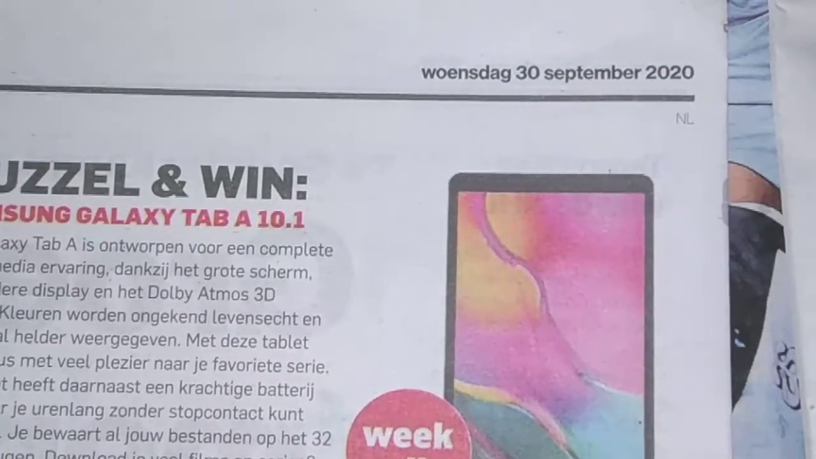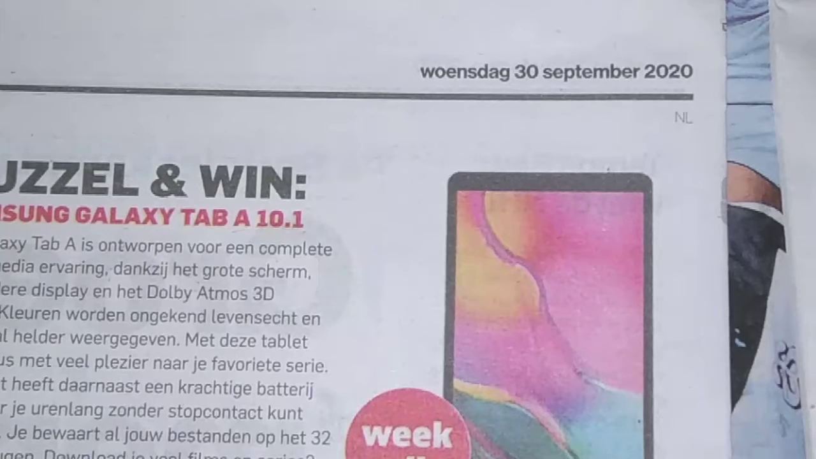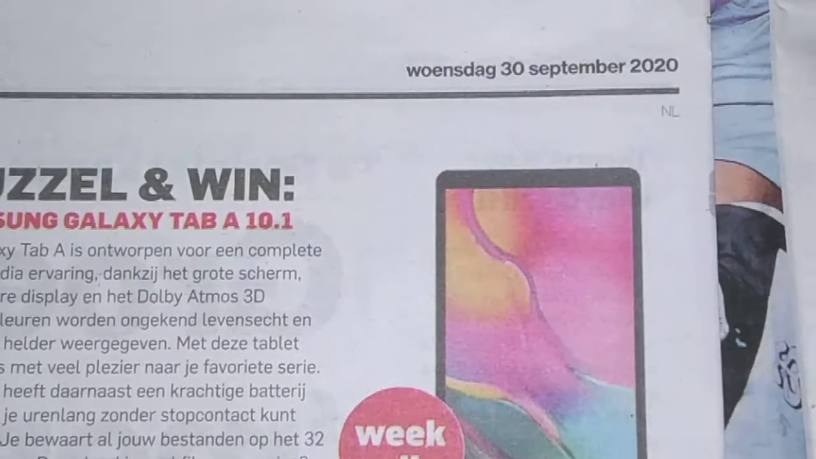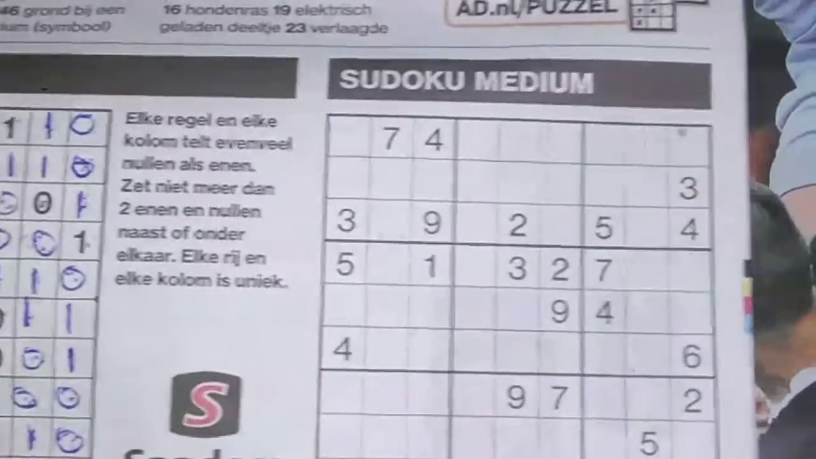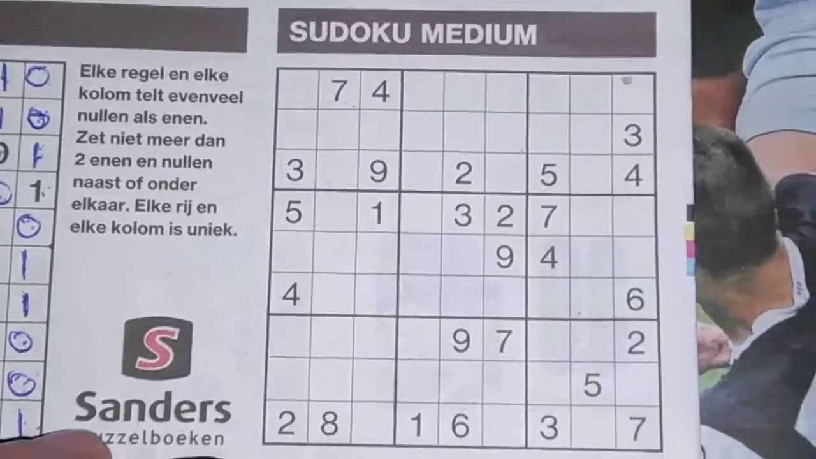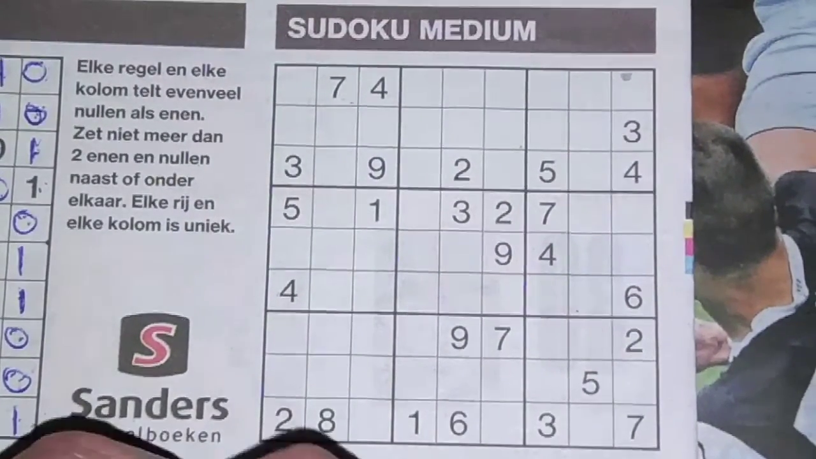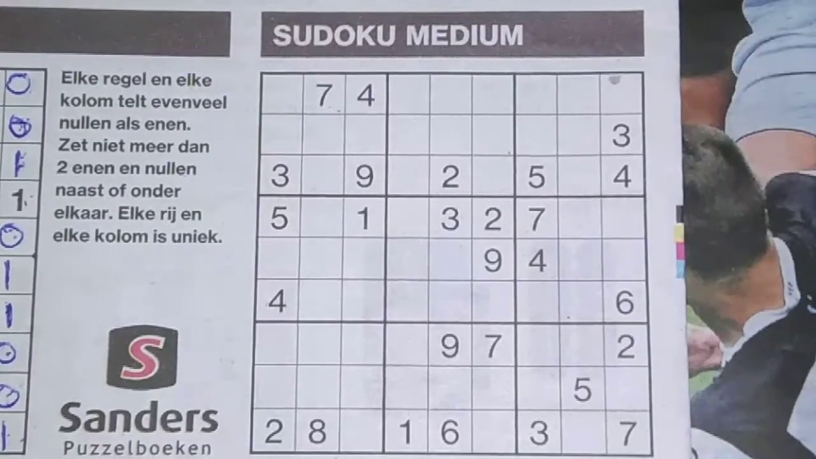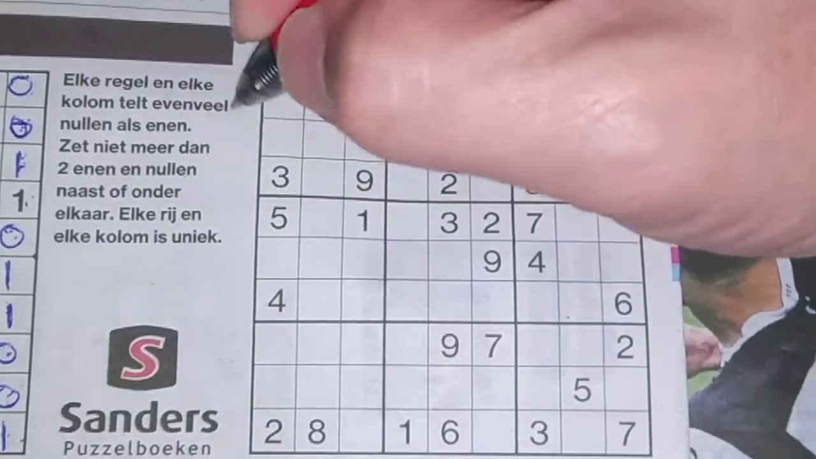2020. Wednesday, September the 30th, 2020. Yes, the second Sudoku is a medium Sudoku, a regular Sudoku, because we have here 3 regular Sudokus and an additional section with extra Sudokus, with I believe 8 extra Sudokus. But first I will solve the regular Sudokus and this will be number